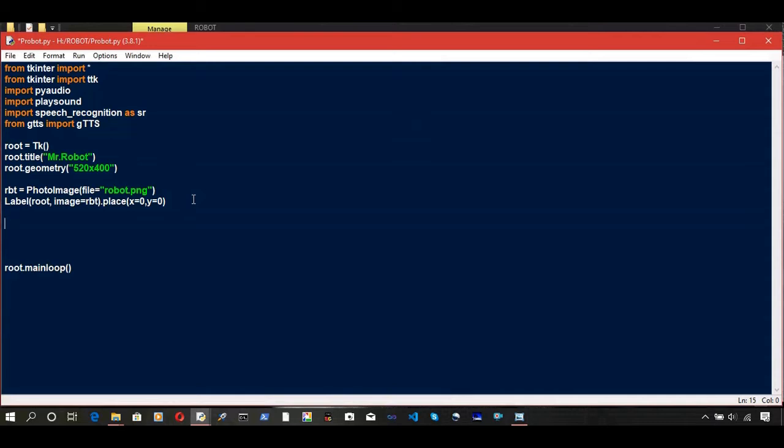So now let's just create a button. In root, text, I'm gonna give the text as start robot. I think start is good. Okay, start, and command equals lambda, and I'm going to create a function named programmer.